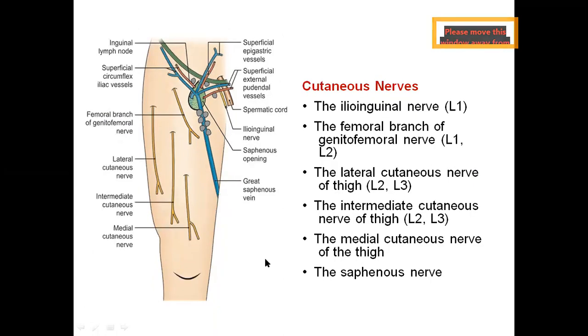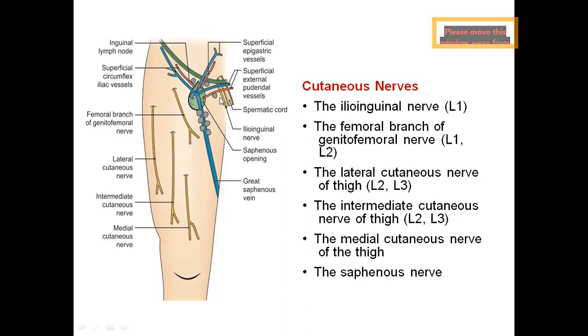So these are the list of contents which we come across in the superficial fascia. Now, what are the various cutaneous nerves which we encounter during dissection? Anyhow, the distribution of these cutaneous nerves we are going to discuss in detail when we do the plexuses, like the lumbar plexus and also the sacral plexus in the lower limb region, as you have studied the brachial plexus in the upper limb, right? So here we only see the terminal branches coming from the lumbar plexus and supplying the front of the thigh.